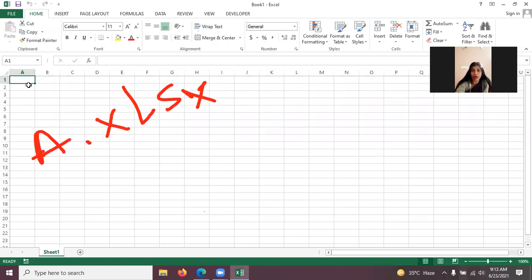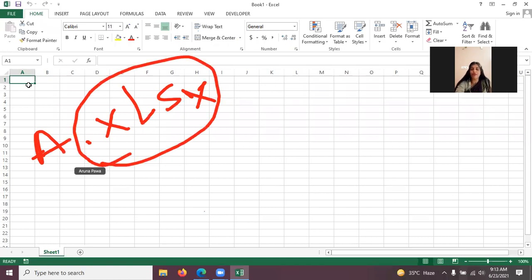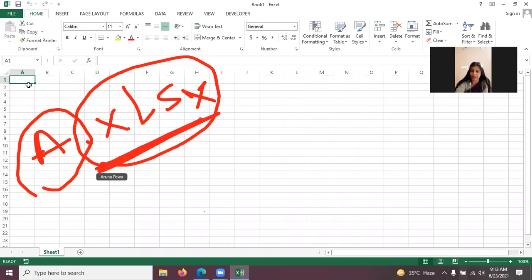This is called the extension of Excel files. Whenever you save any file in any application, an extension is placed every time. With the name A, maybe you have one file in Word, maybe another file in PowerPoint. So with the extension, it keeps the files separate. It maintains the record of Excel files separately, PowerPoint separately, and Word files separately. So .xlsx is the extension of an Excel file.